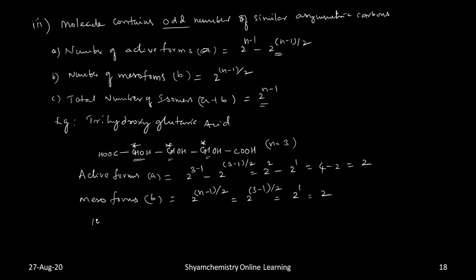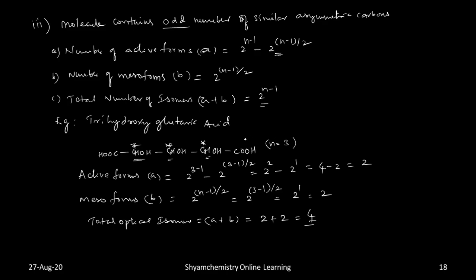Total optical isomers, A plus B. Okay, equals A how much? 2 plus 2. Total how much? 4. Okay, in 4, 2 are optically active, 2 are mesoforms. Okay, so write practice